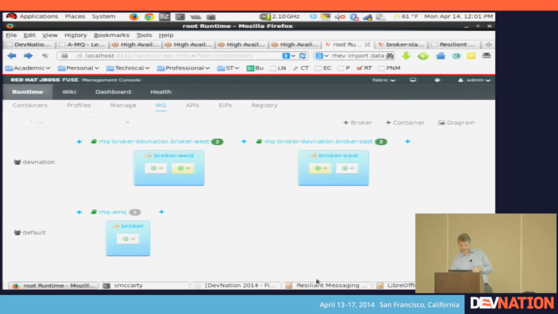How many machine failures can I tolerate within my environment? You can make that decision. If you want full redundancy, awesome, go for it. 2x, great. If you're just saying, I really only need to survive 1 broker failure, and beyond that I'm happy for my pager to start going off and my hair to go on fire and run around, for the second one, you can make that decision, which is kind of cool. Okay, I think the only other thing I'll say, and then I'll hand it over to Scott, who's eager to get back up here and talk, is